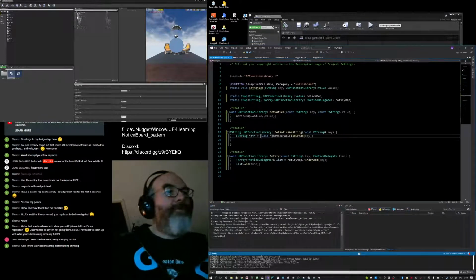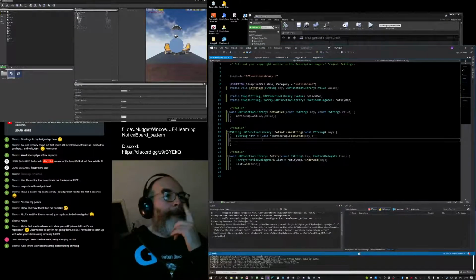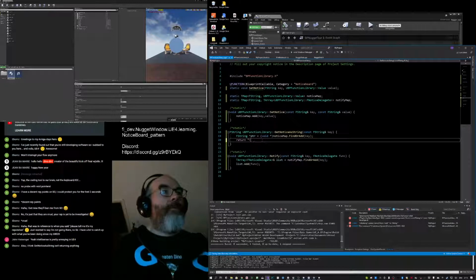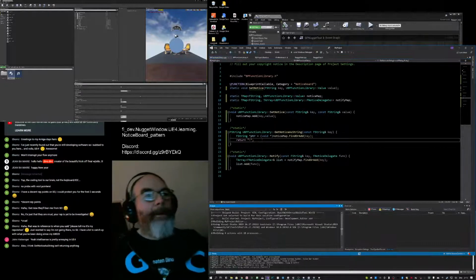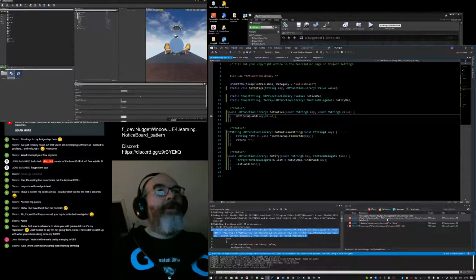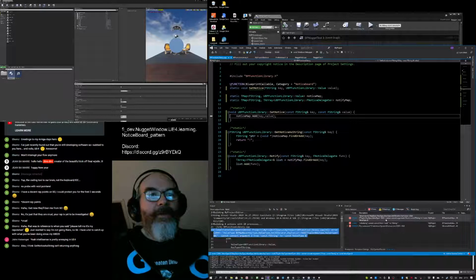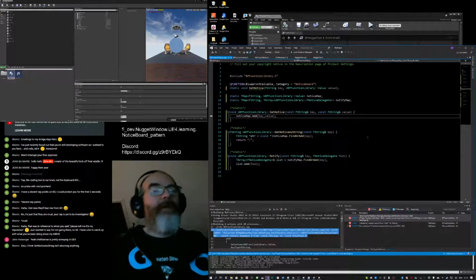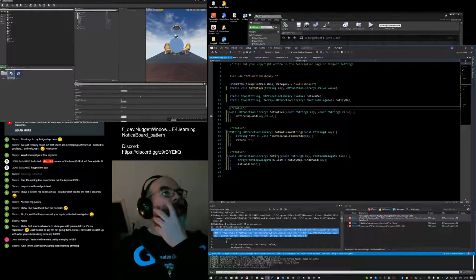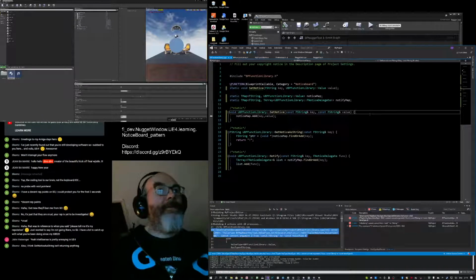Oh, this is missing return value. Okay, so what I'm going to do here is just return something. It may, no, it doesn't compile. Okay, why not? Oh, it still doesn't like this. Oh, from constantly. Yeah, and that's absolutely fine. I don't care. I didn't expect it to compile.